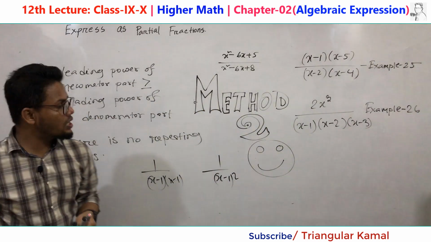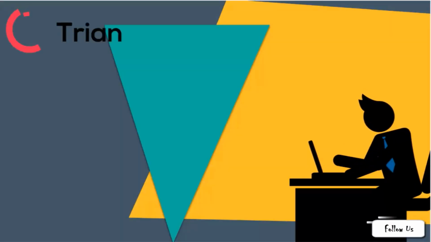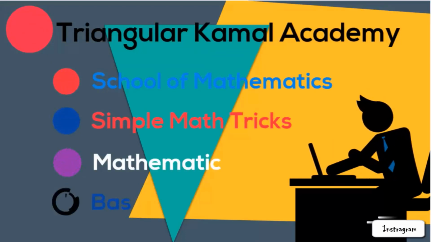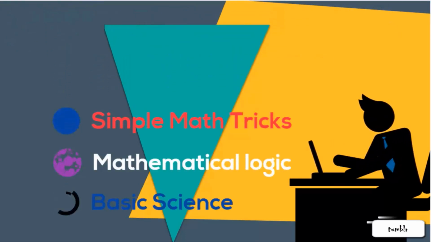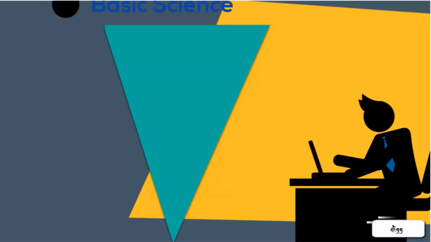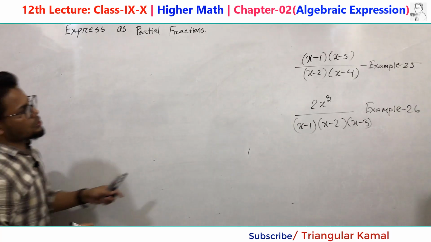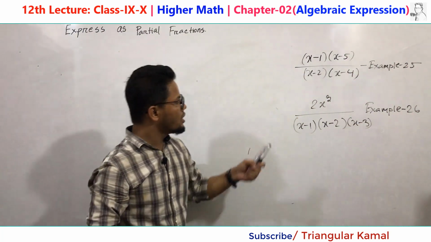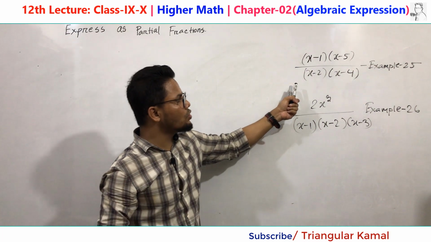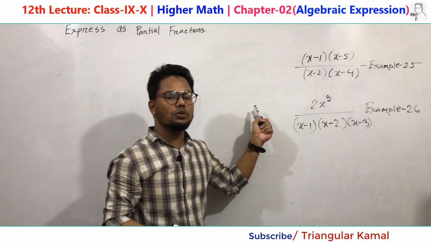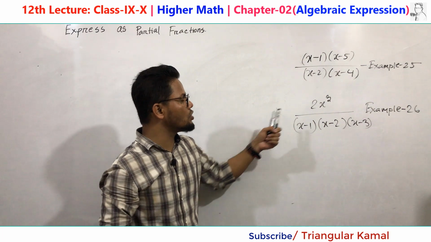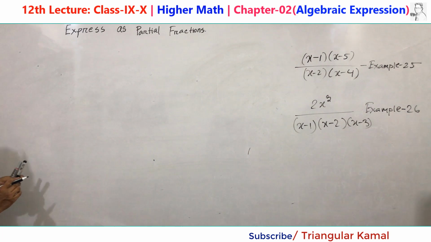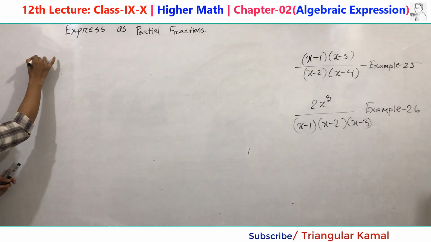So now give attention, what is method number 2? We are doing here two maths, example number 25 and example number 26. In our academic textbook there is no math to do with method number 2. There is no math in the examples, so in the exercise, that's how we are doing two maths from example number 25.